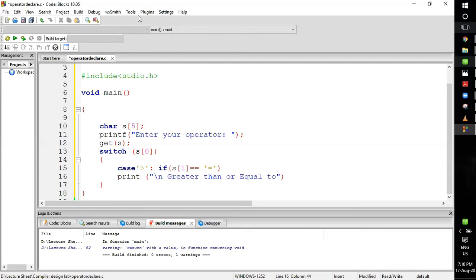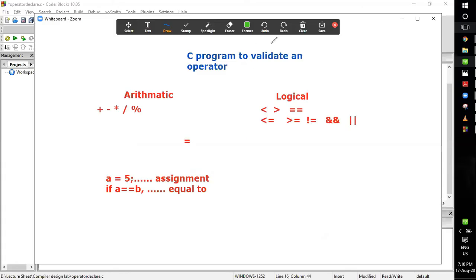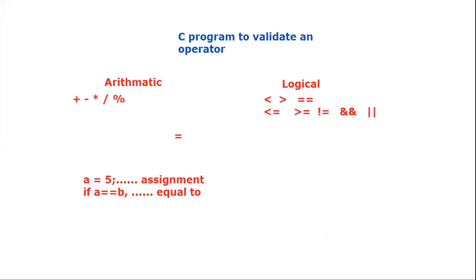Okay, so in this line of statement, I am actually validating for this particular portion. If the first position is taken by the greater than symbol and the second position is taken by an equal symbol, then this operator will print as greater than or equal to.